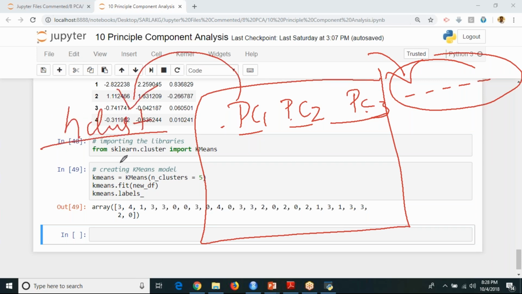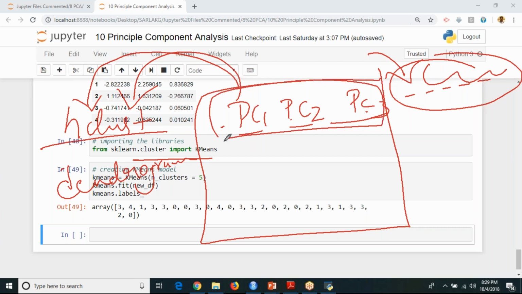I have shown you how to implement k-means clustering here. Take this as an assignment: implement hierarchical clustering on PC1, PC2, PC3 and plot your dendrogram. You should not use your original columns. You should use only PC1, PC2, PC3, implement hierarchical clustering and display the dendrogram.